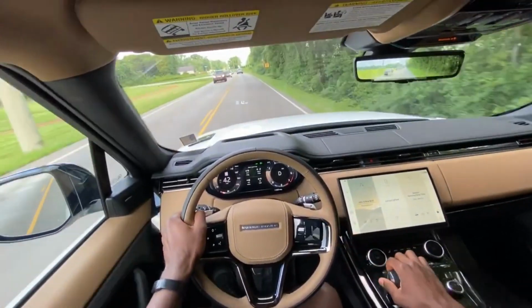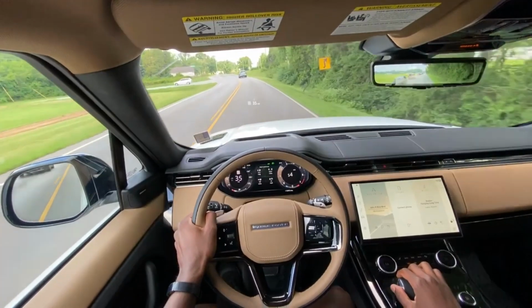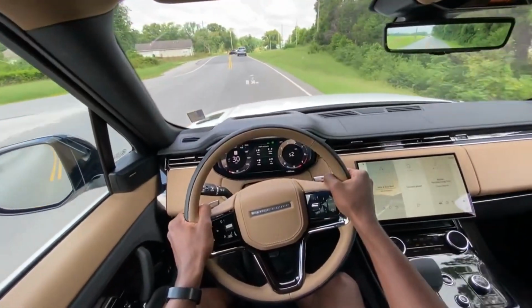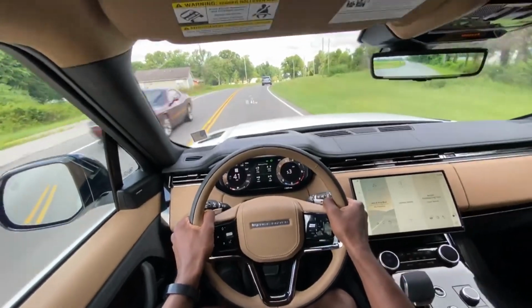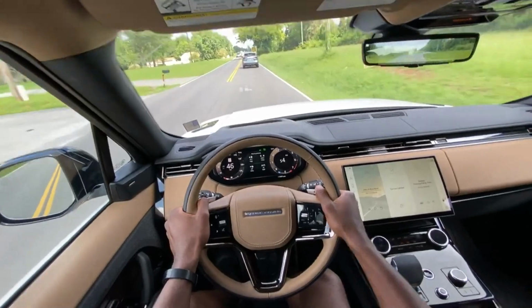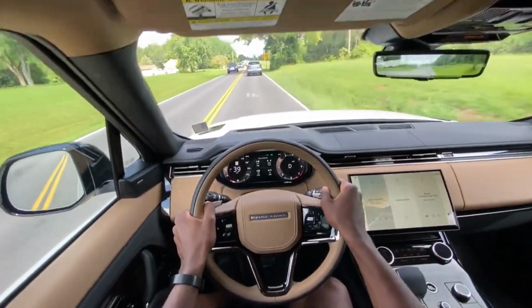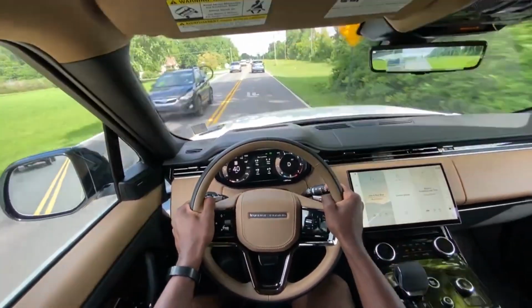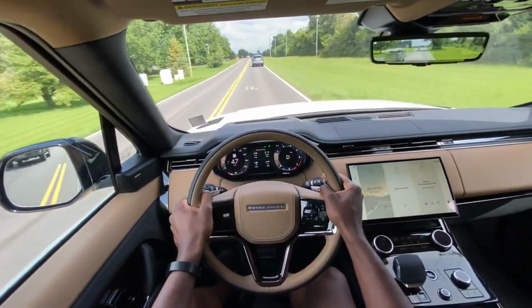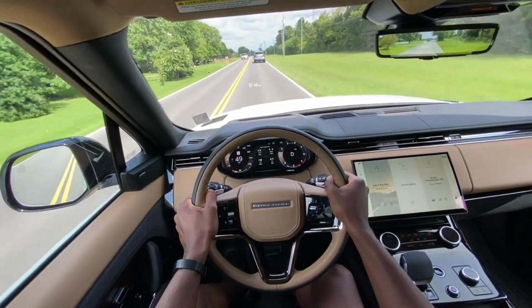I'm gonna put it into the sport mode and test these paddles out real quick. So downshift seemed pretty quick. Yeah, that is, oh, that transmission is swift, boy. Gosh, that's nice. Now, even in eco mode, that's what mode I've been in since I got off the interstate. It doesn't feel